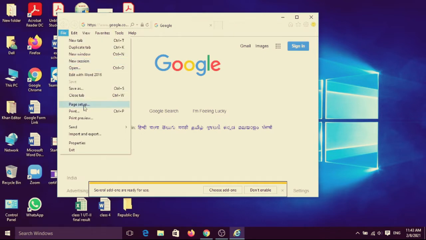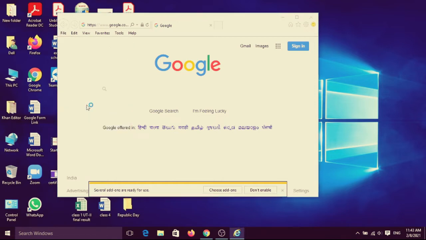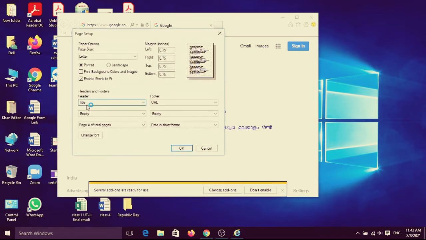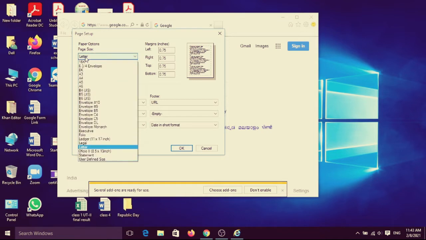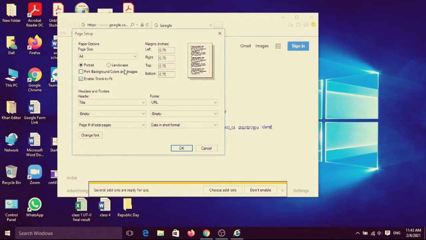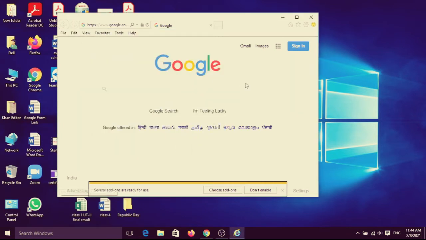Next one, page setup. It depends on you. If you want to set up a page, click here. If any printer is installed on your PC, the default is Letter. Choose the paper size, A4 size, suppose I have chosen. If you want to choose portrait or landscape, it depends on which type of content is there, and click on OK. The pages will be set.